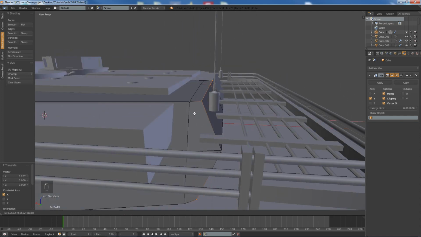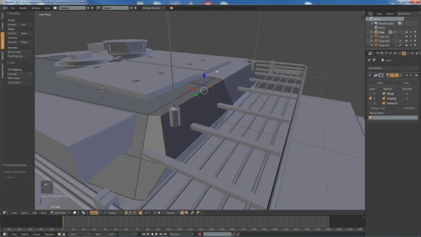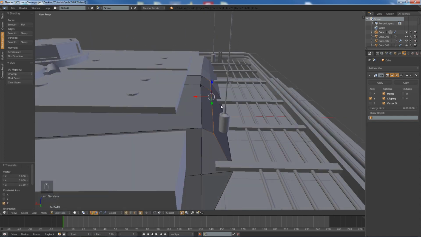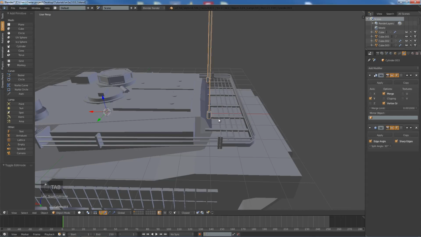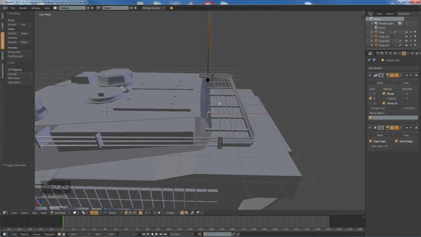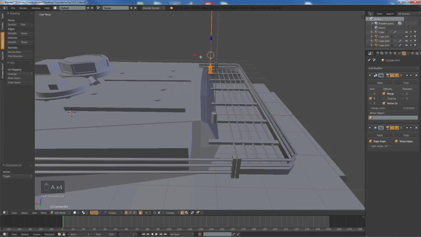Bring in a bit more actually. Top part can come down a bit as well, like so. We're going to need to move our antennae, so go in edit mode, select that, and we bring that back